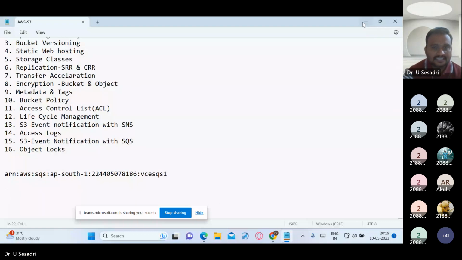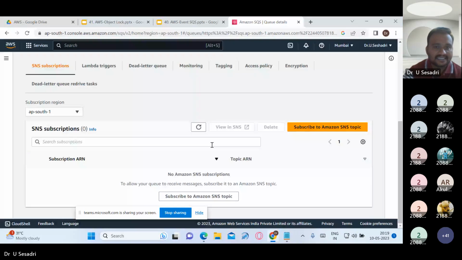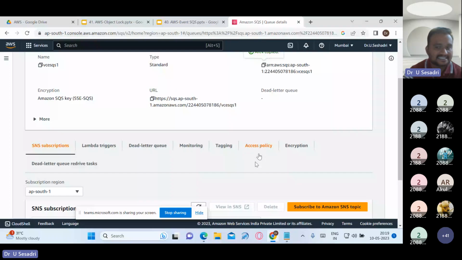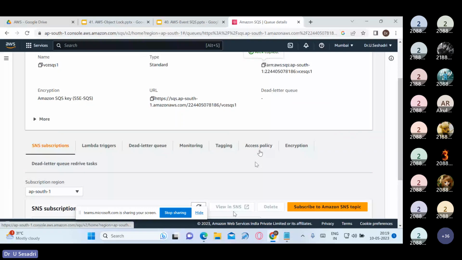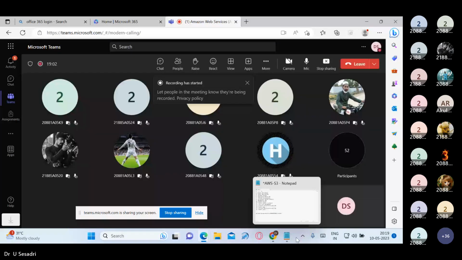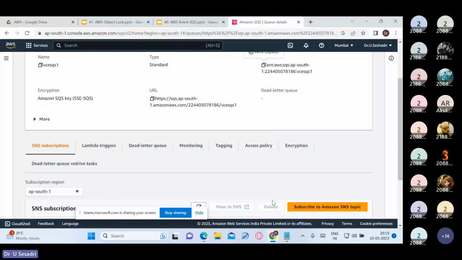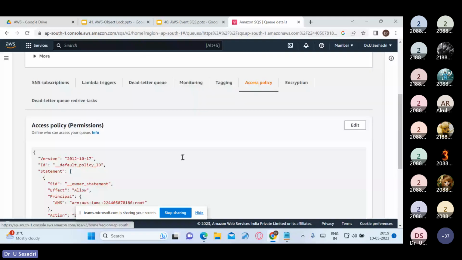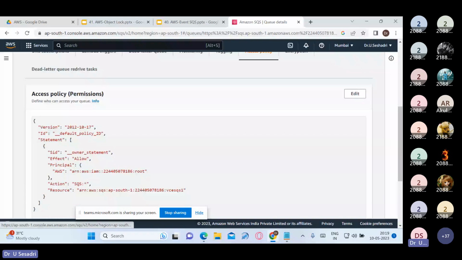Scroll down. Here we have to click on the access policies option. Scroll down. Here in access policy,